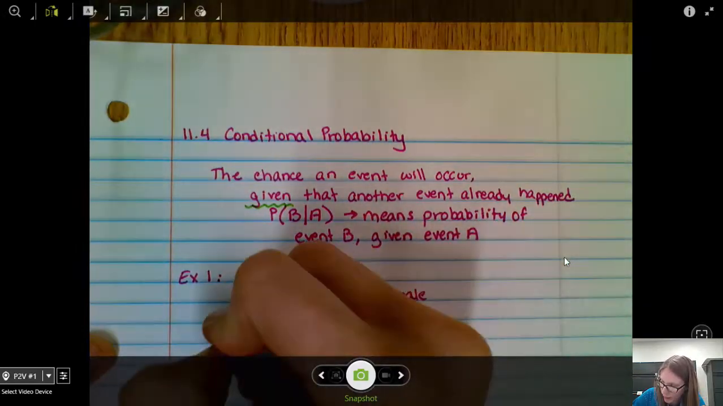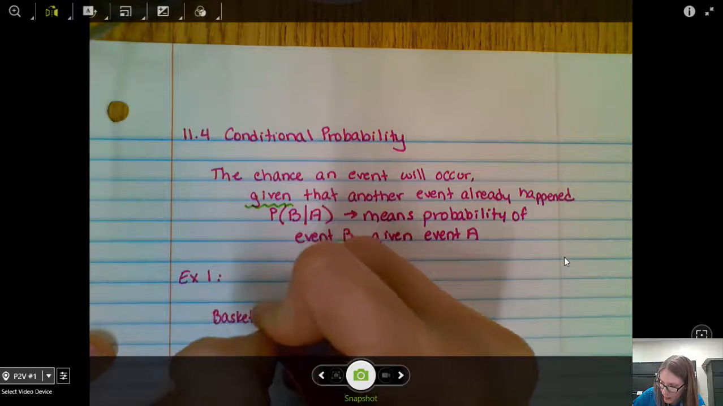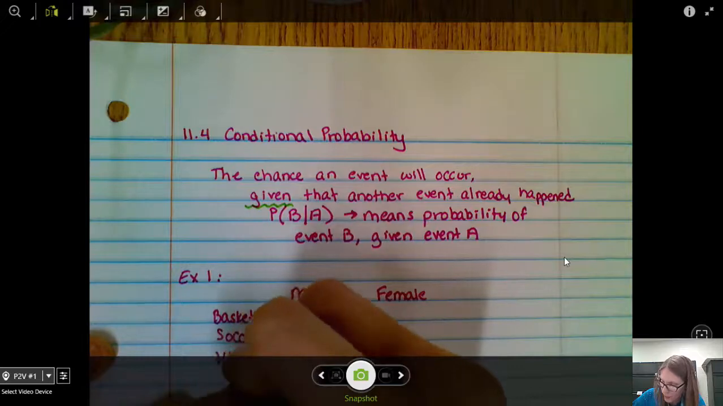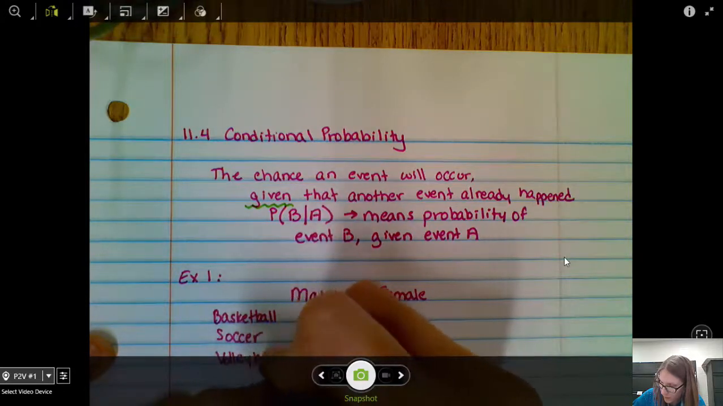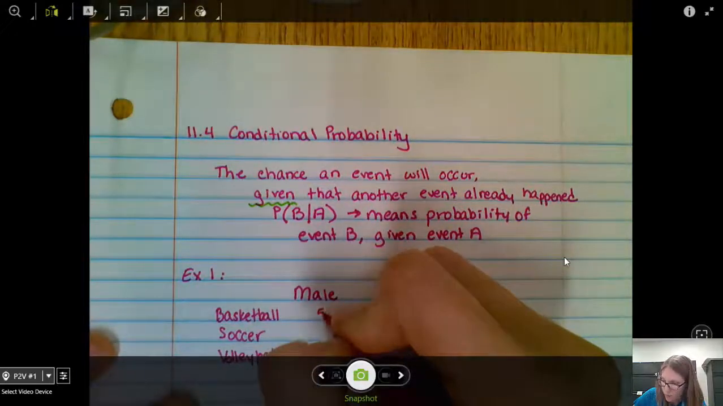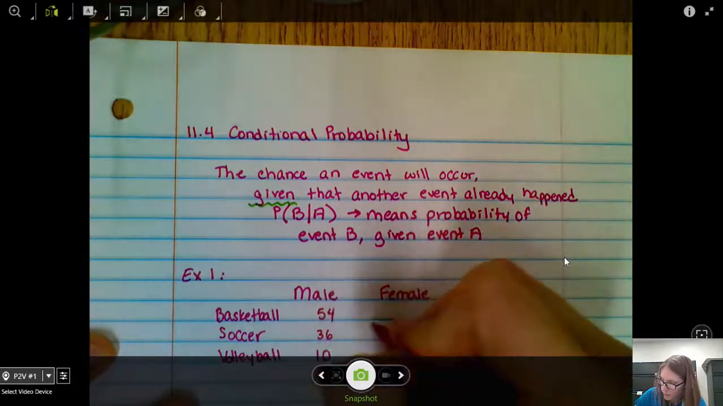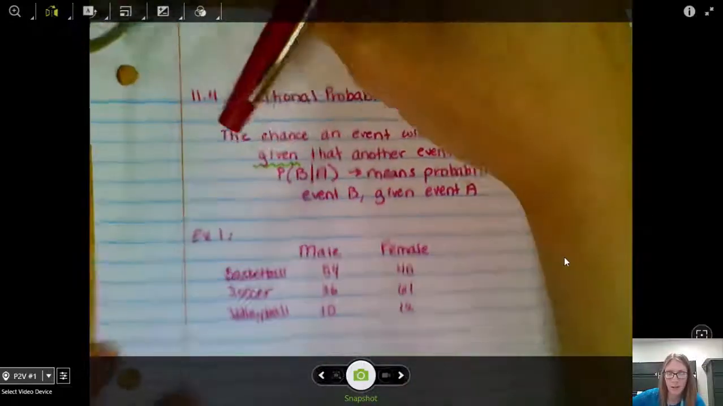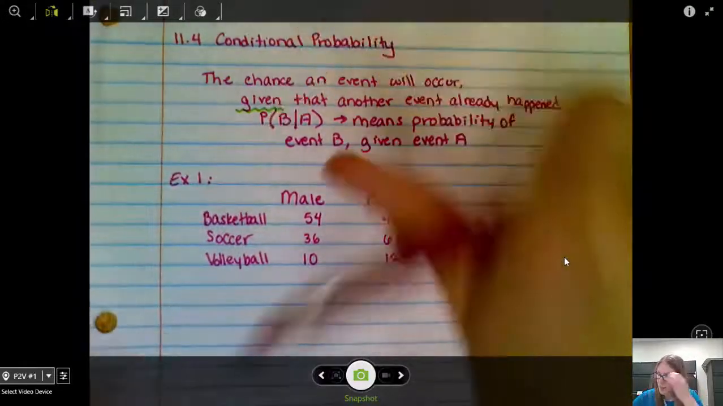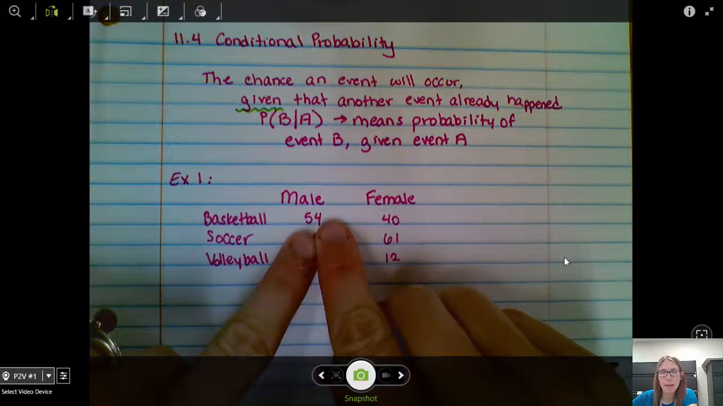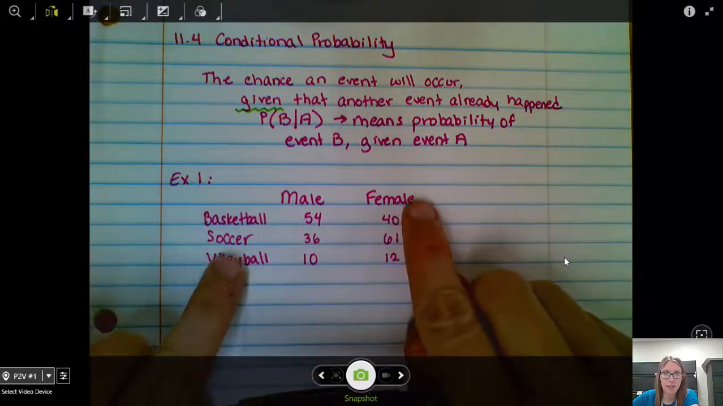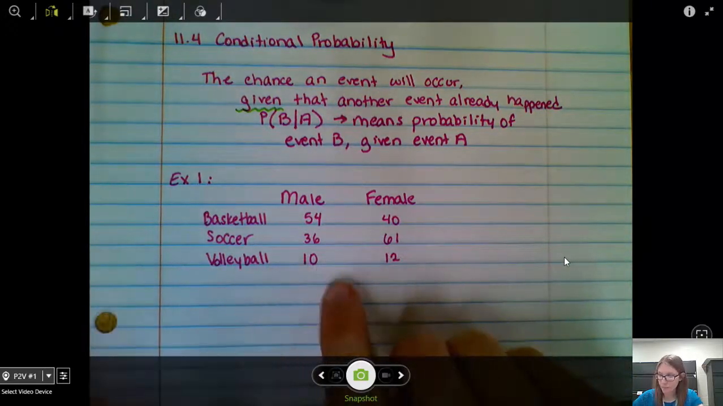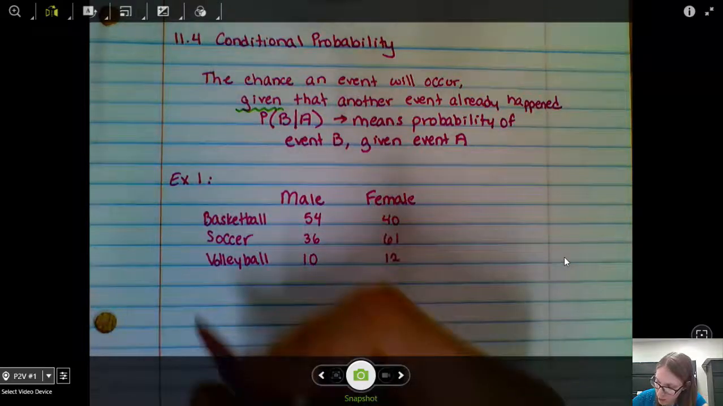I'm making a table here that shows the number of male and female students that play different sports at a school. Okay. So just how to read this table. This table means there are 54 male students that play basketball. There's 61 female students that play soccer. There's 10 males that play volleyball. All right, going off of this table,